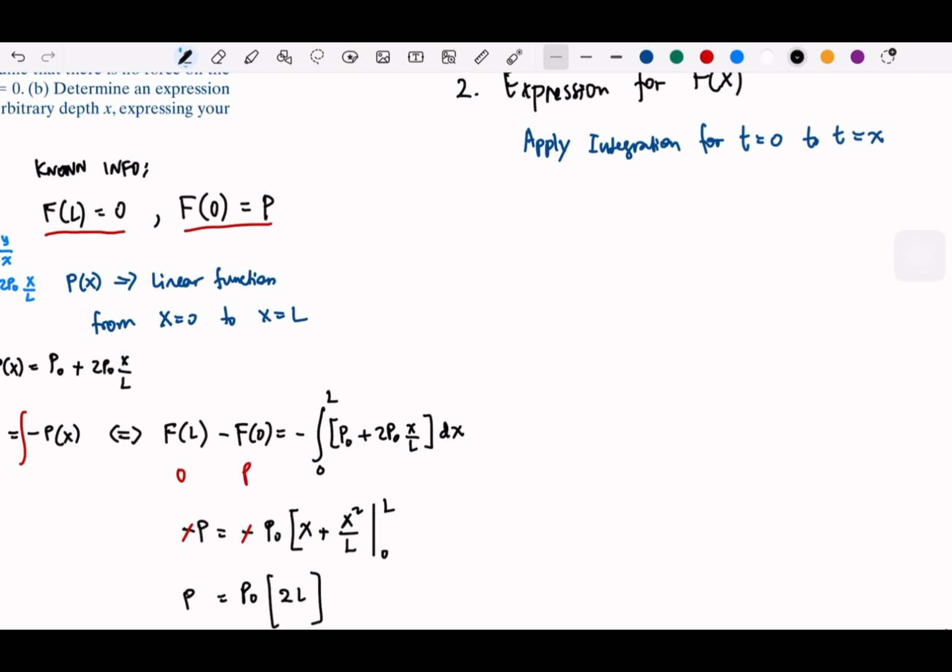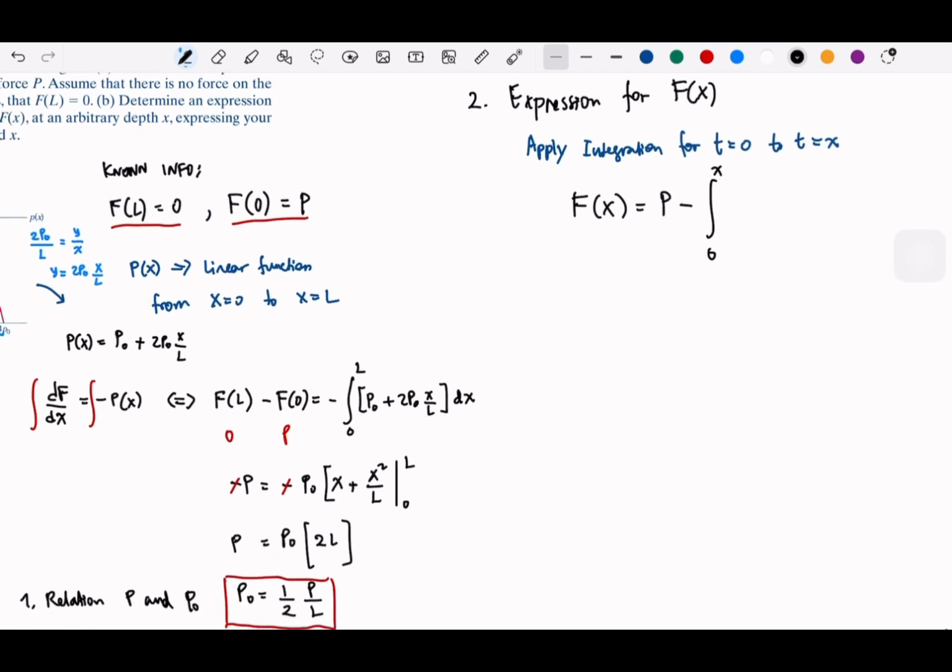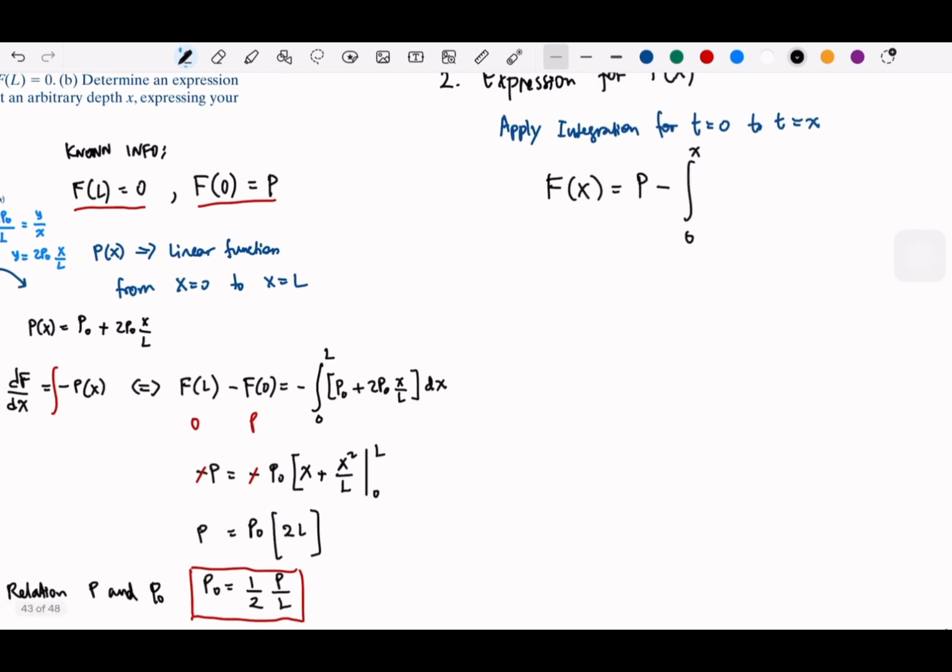So we apply this, then we have f of x equal P. Let me write the same thing with our original expression. So P minus the negative p(x),